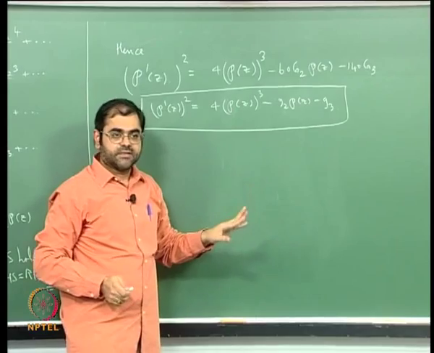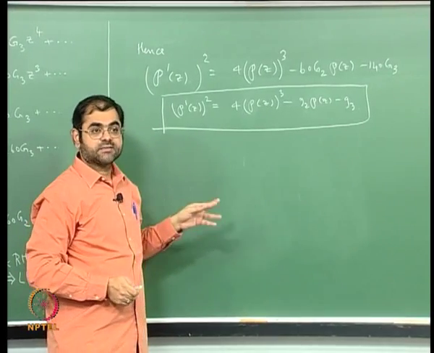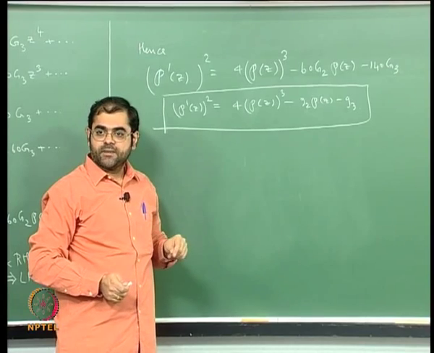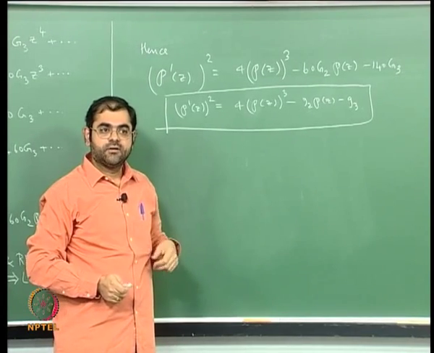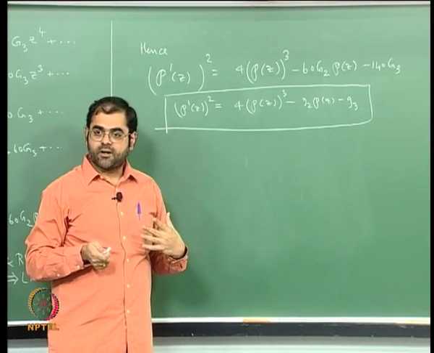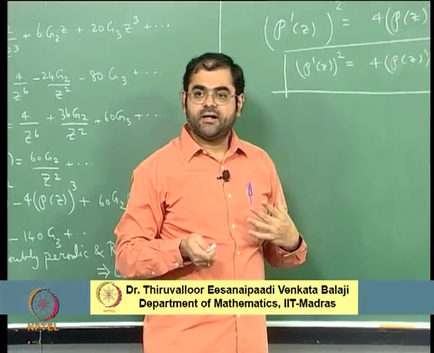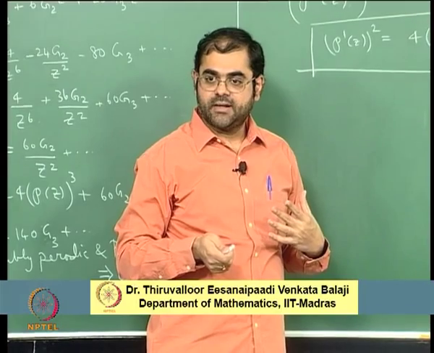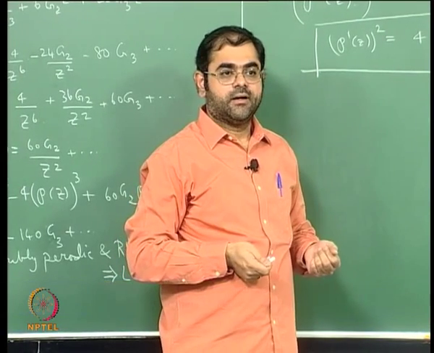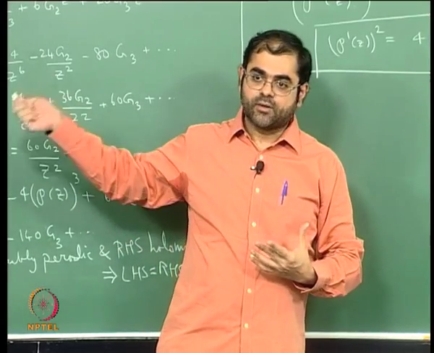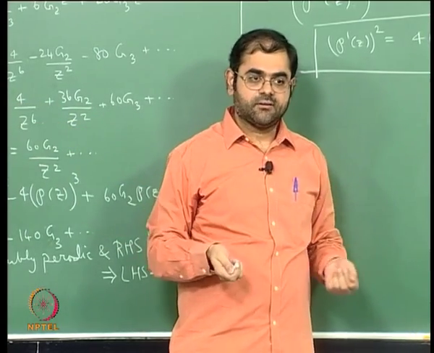So that was the aim of this lecture. In the forthcoming lectures I will explain how you use this information to get hold of a function on the upper half plane which is going to be invariant under the action of the unimodular group, namely a function which will give you an invariant for the tori. So we will see that in the forthcoming lectures.